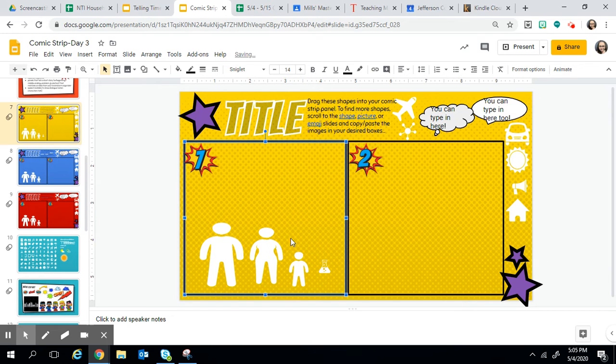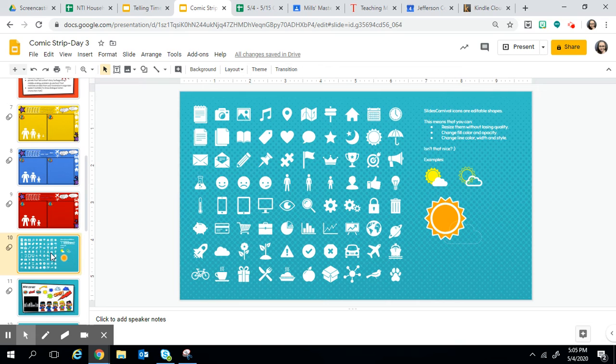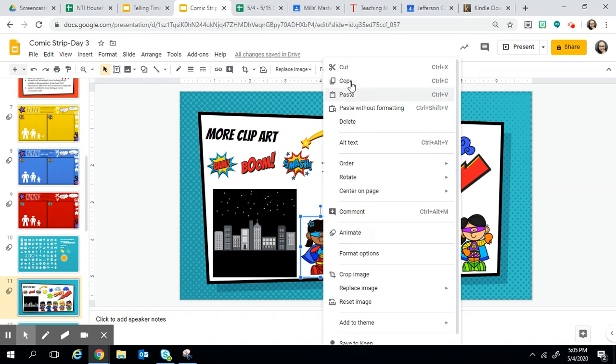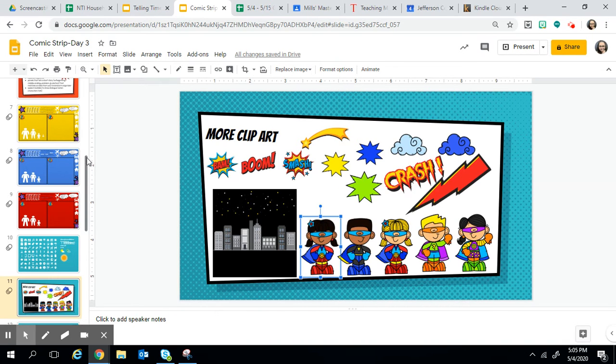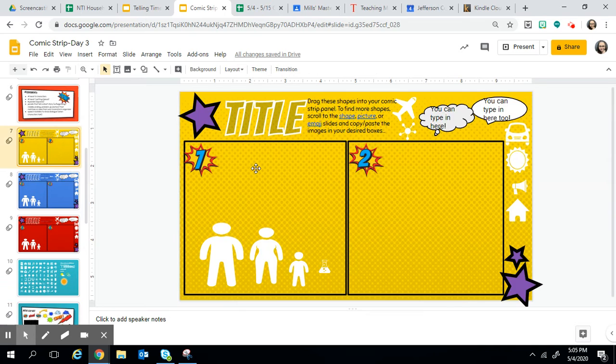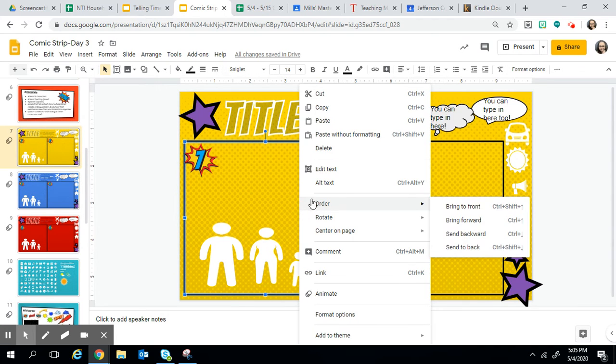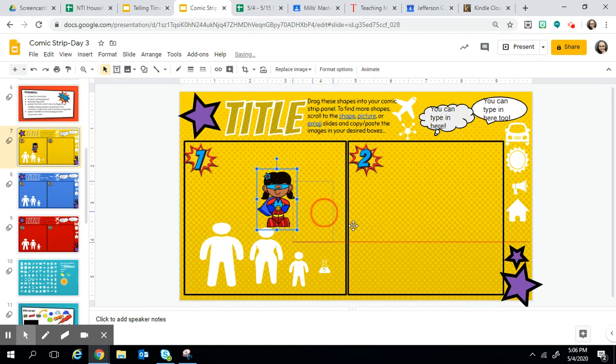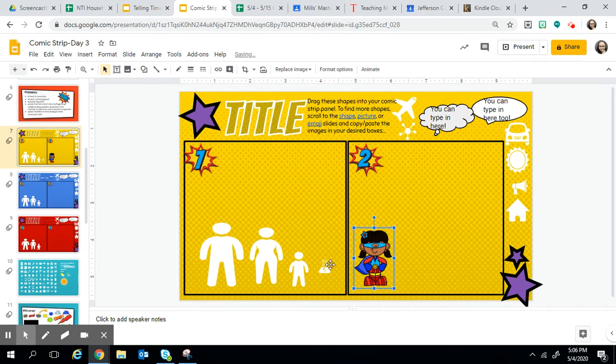Okay, so you can do that on this icon slide. You could do it on this. In fact, some of these cute little characters here could be used. This could be used as your background. So what you would do is the same thing. You'd click on the character, you'd right click it, copy it. You want to copy it, and then just paste it. Then you can move her around or him around or whatever, and use those characters as